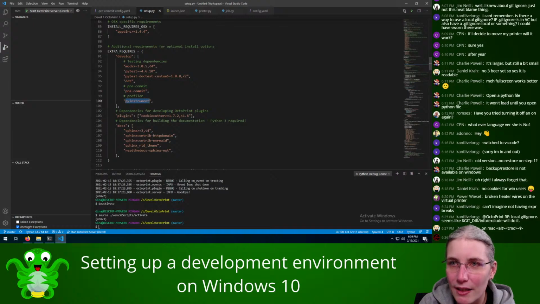Python is a profiler that is built into OctoPrint if you enable some debug stuff. The plugins requirements are the cookiecutter dependency, so that the subcommand in OctoPrint to create a new plugin works, which I think was octoprint dev plugin:new. And docs installs a bunch of things, plugins and themes and whatnot, in order to be able to